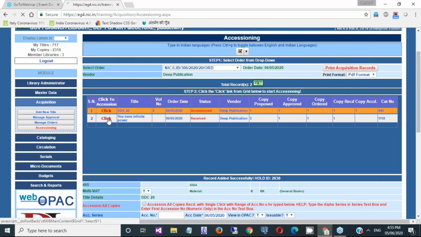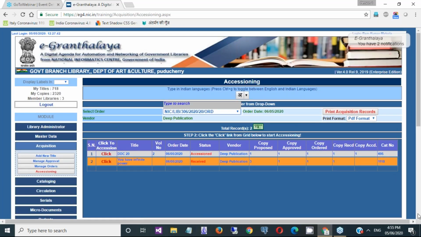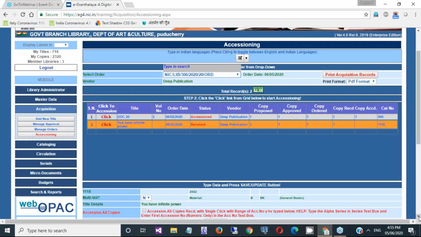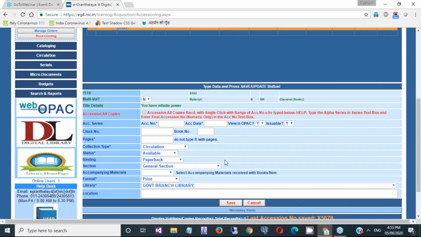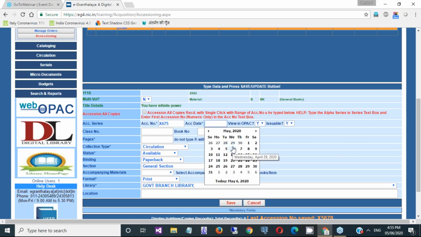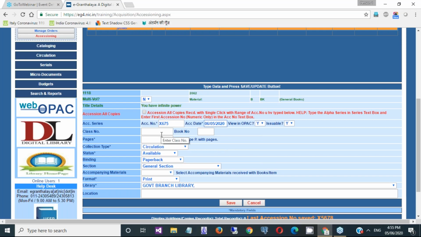Now go to the second book, and you need to type the copy detail, accession number detail, class number if it is there, book number, or you can fill only mandatory fields.